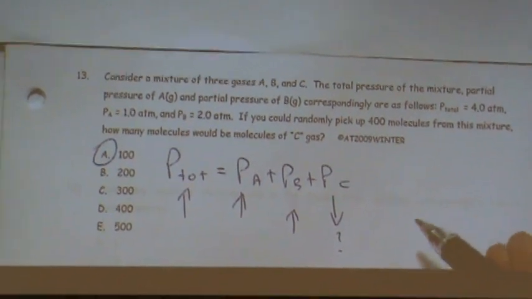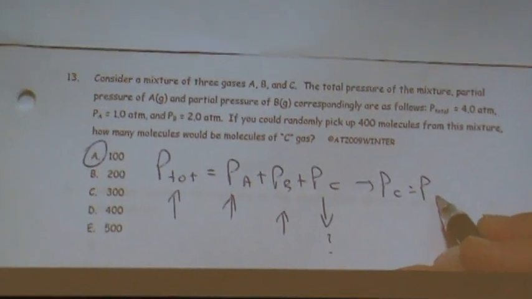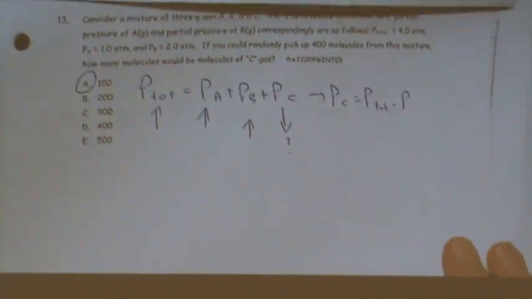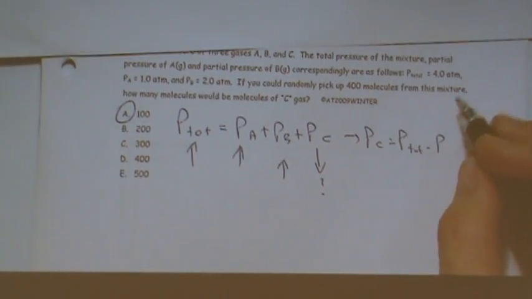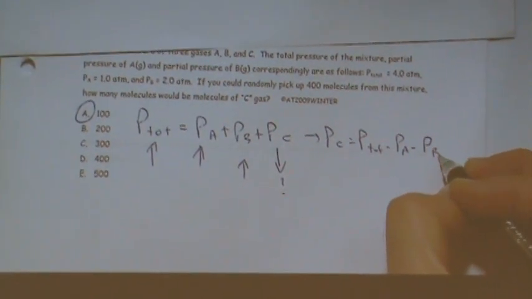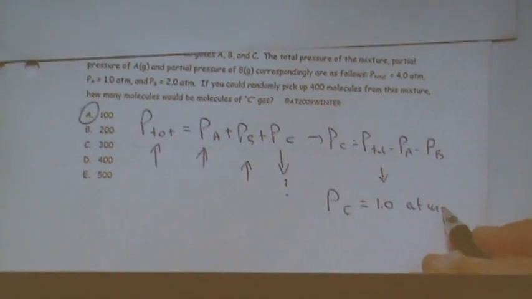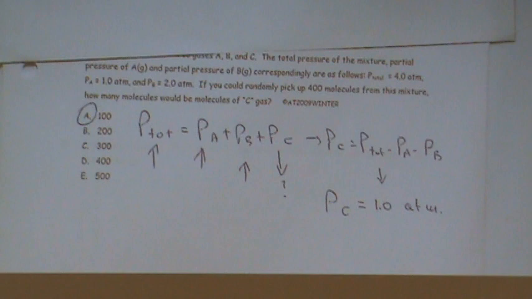So if you solve for PC, P total minus PA minus PB, right? If you put the values, PC comes out to be 1 atmosphere. This is 1 atmosphere. We want to go from the pressure we know now to number of molecules. And the partial pressure relates to mole fraction, but the mole fraction relates to number of moles, and the number of moles to number of particles. So, PC